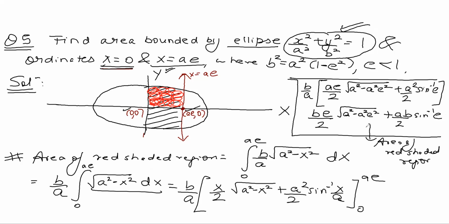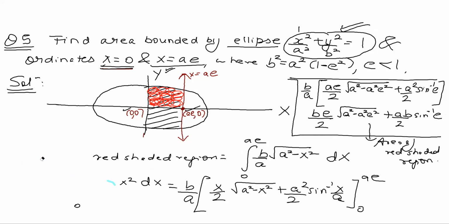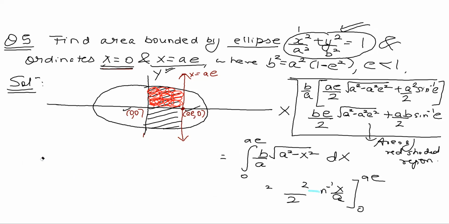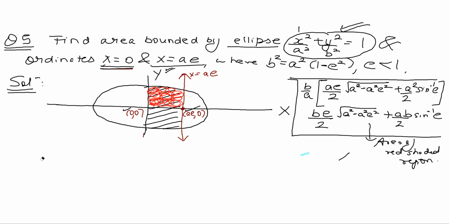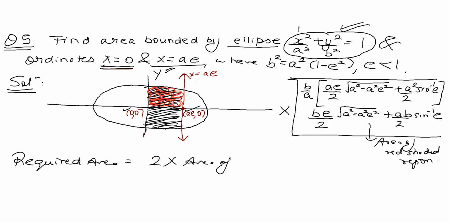This is the area of the red shaded region, but now our job is to find the area of the whole region. We have just found the area of the red shaded region, but we need to find now the area of the whole region, the whole black shaded region. That means guys, we need to find this whole area. Ultimately, we need to find this whole area. So required area will be 2 times the area of the red shaded region,